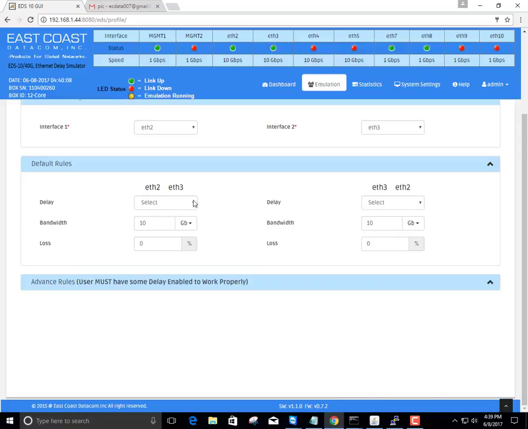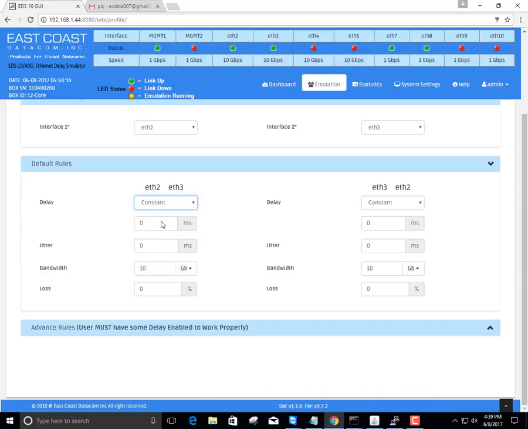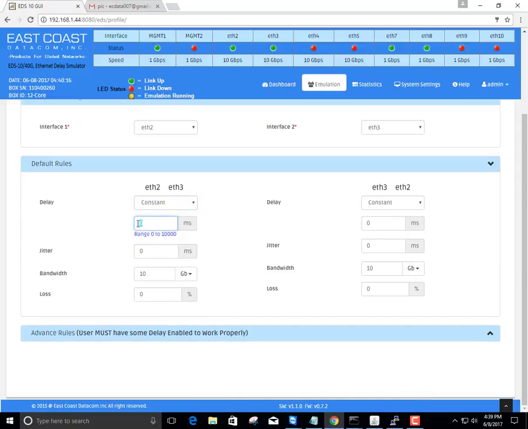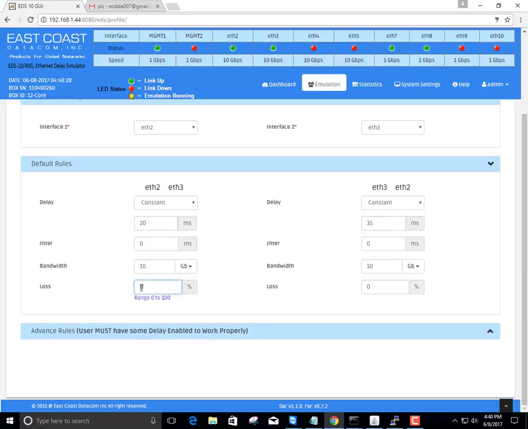So basically we're going to select delay. In this test we're going to do a constant delay. We'll do 20 milliseconds on this port and 35 milliseconds on the second port. And we're going to show 10% loss